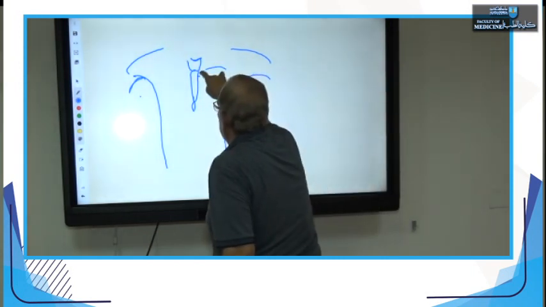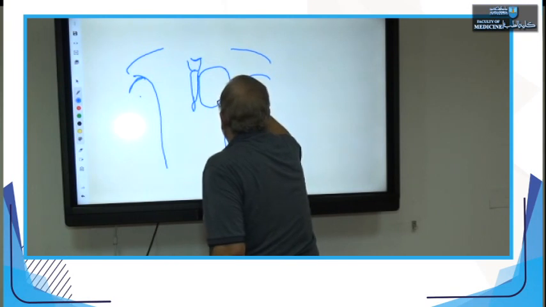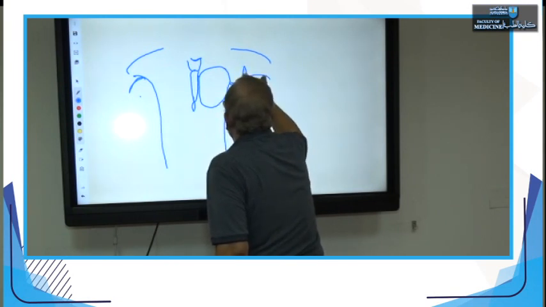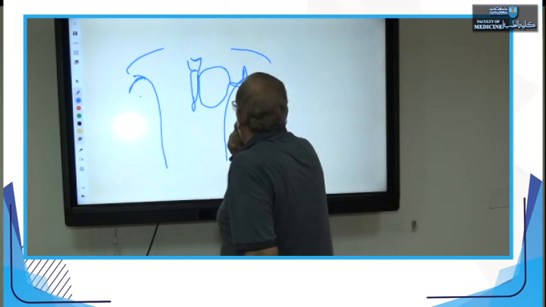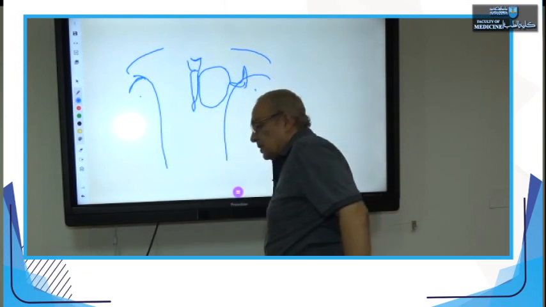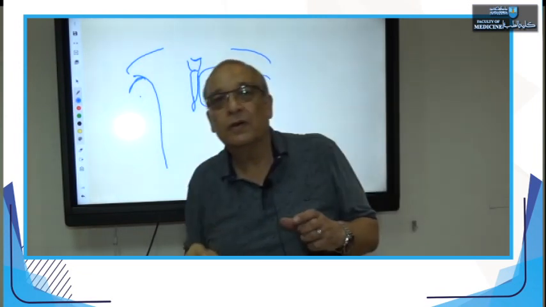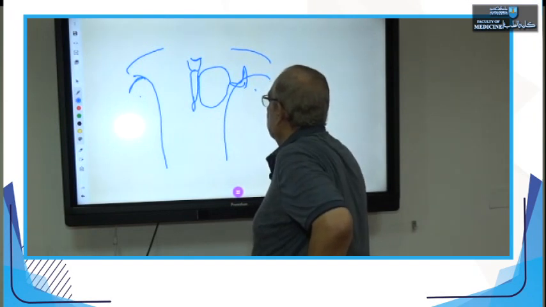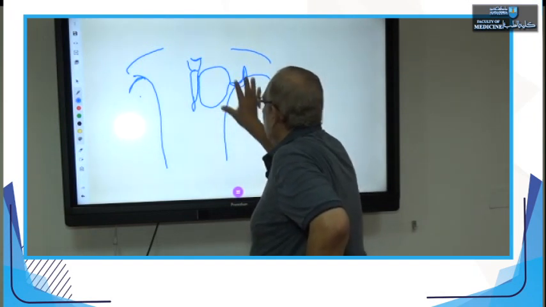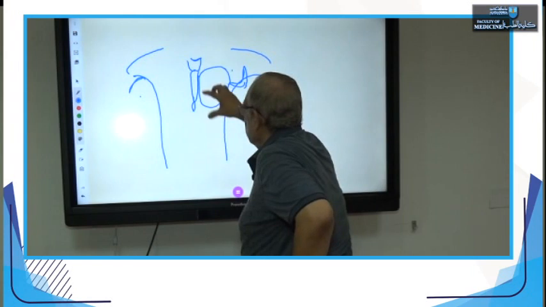And it is hemispherical in shape. The axillary tail comes this way to go into the axilla. What is present here is the base of the breast. And over this base there is a mass of fat